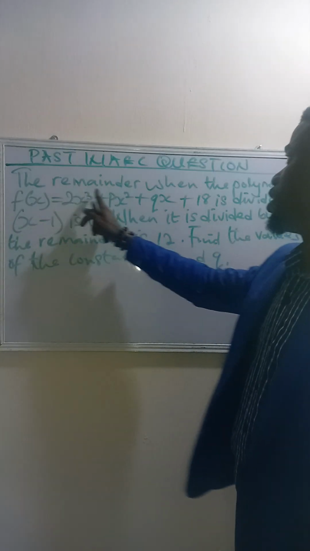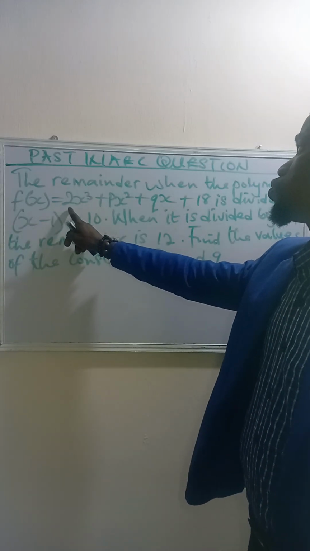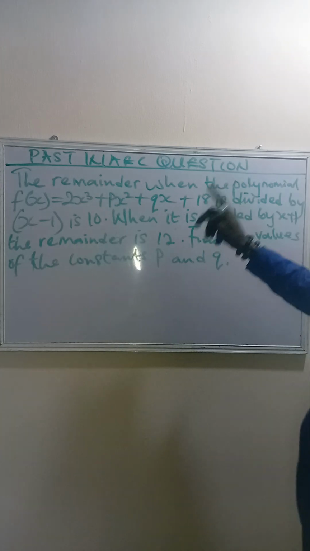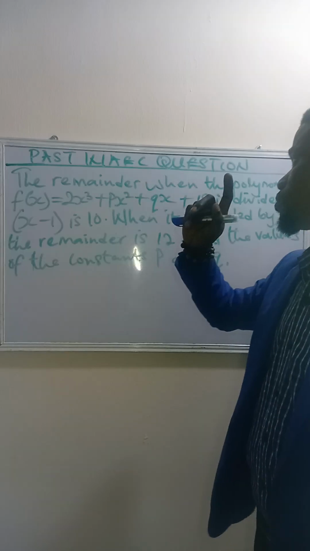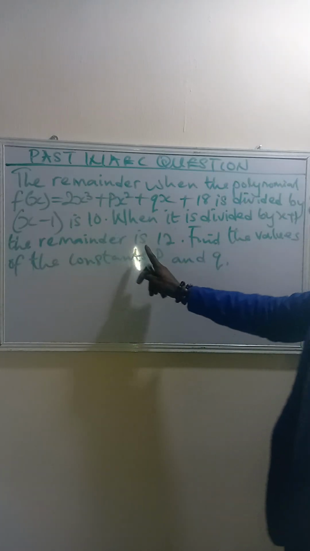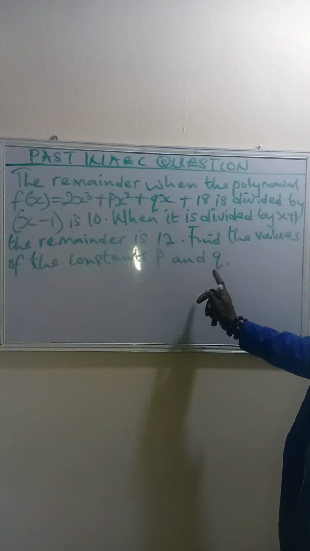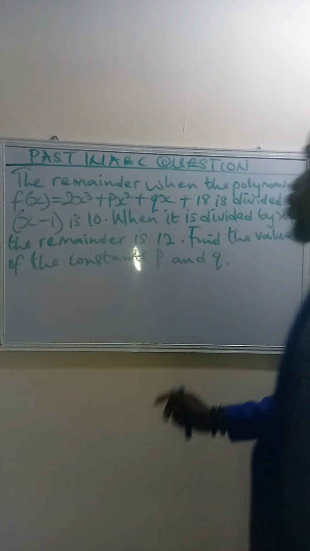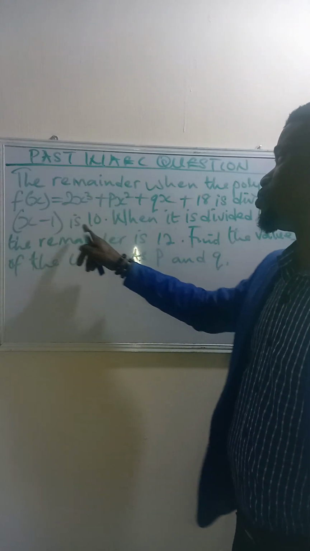Now, the remainder when the polynomial f of x equals 2x cubed plus px squared plus qx plus 18 is divided by x minus 1 is 10. When it is divided by x plus 1, the remainder is 12. Find the values of the constants p and q. Now this is the dividend, this is the divisor, and the remainder is